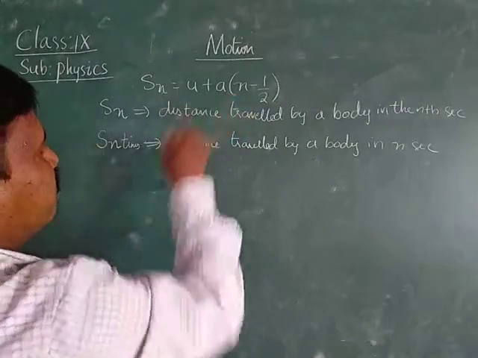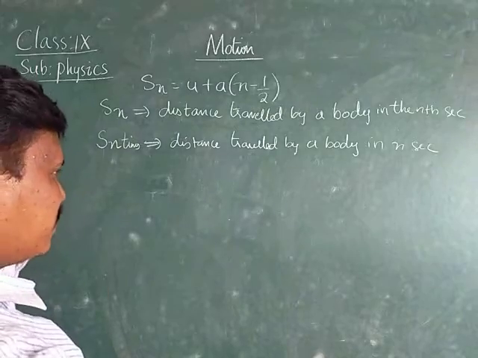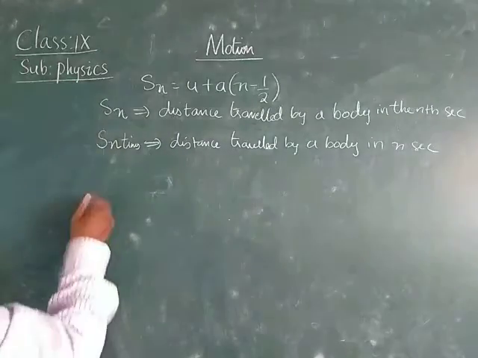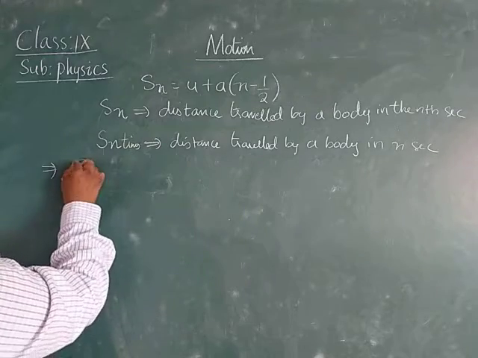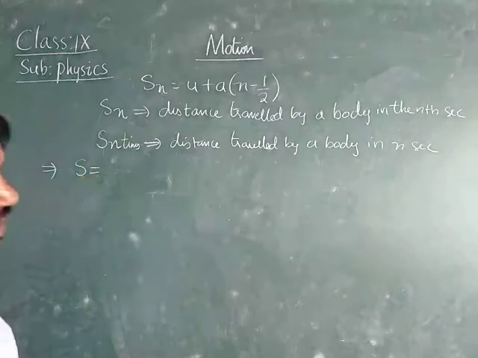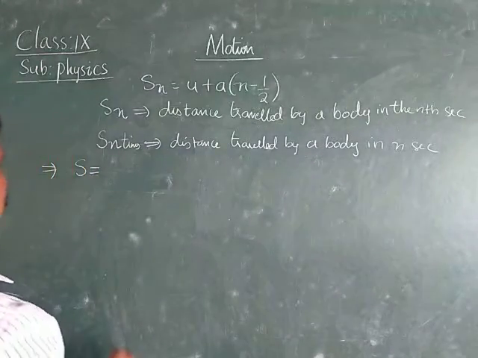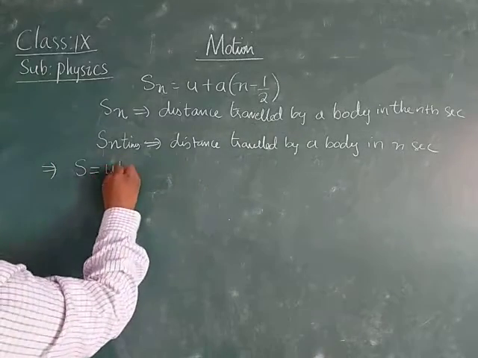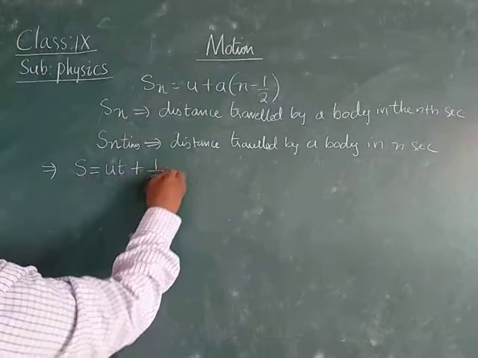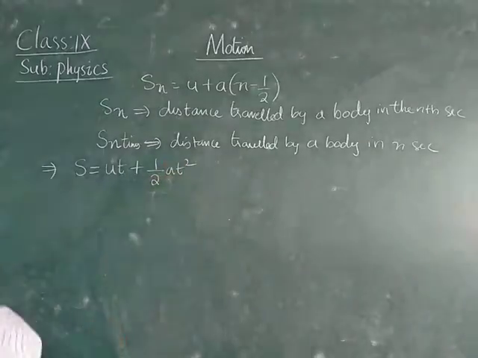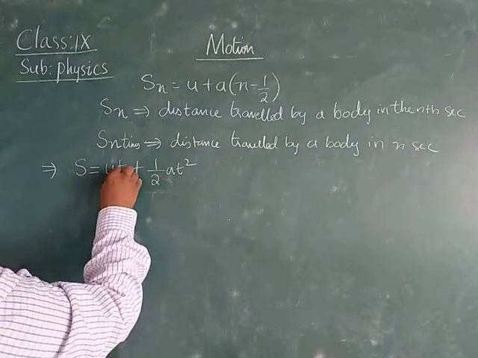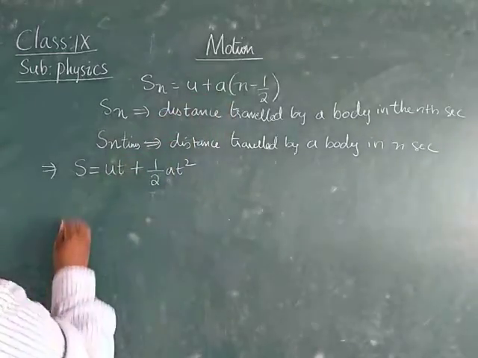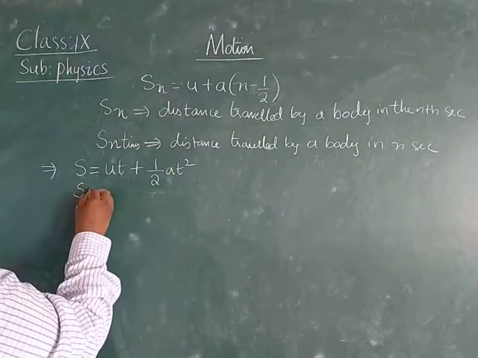Okay, to derive this equation, what we need is that we should know the equation s = ut + ½at². Therefore, here t means time, n also means time. Therefore, here we can write